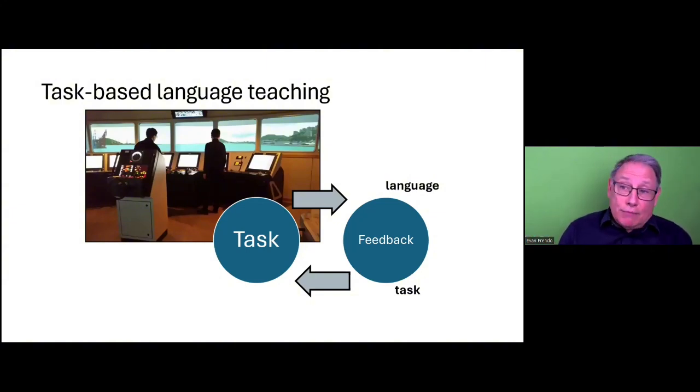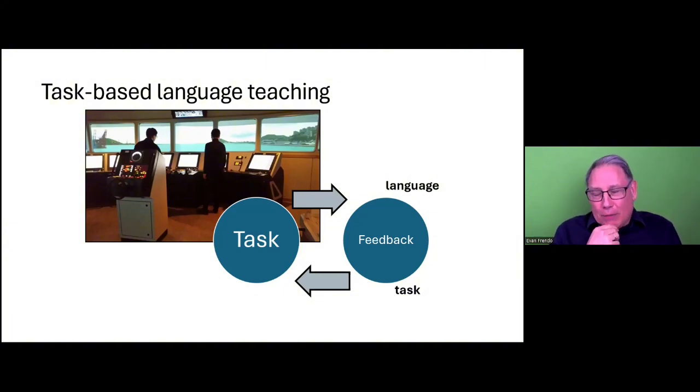More often than not, it comes from the other people in the room, the experts, the peers of the people doing the language task. So if it's a presentation, for example, the other people in the room from the same company might give completely different feedback on the task compared to the teacher, who's probably focusing more on language. Of course, it depends. Many teachers work in companies full time and have a very good understanding of the local context. Now, this idea of task depends on trying to reflect this real world.